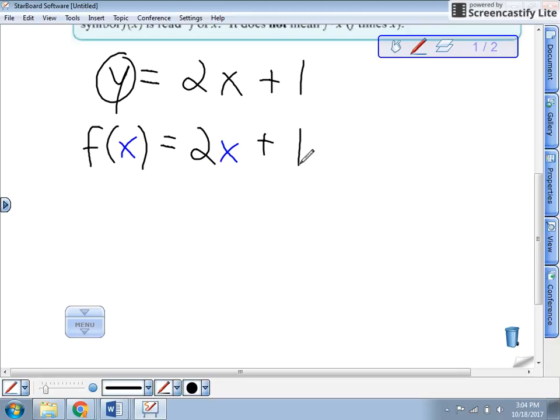And then what they're going to ask you to do is evaluate it. So they may say find f of 1. Now I'm going to put that in blue, because what that means is that wherever there's an x, we're going to put a 1. So let me show you how these problems work. We're going to say, f of 1